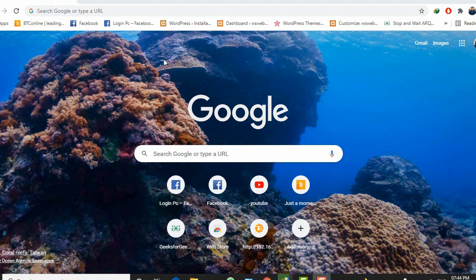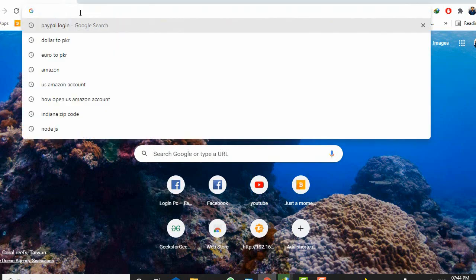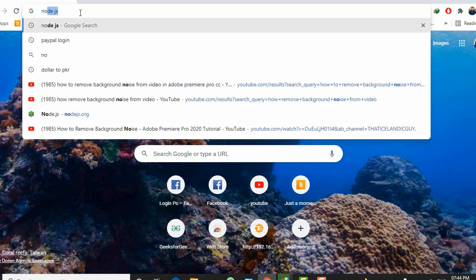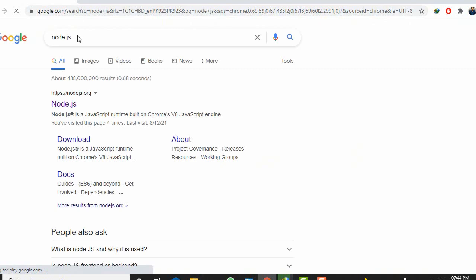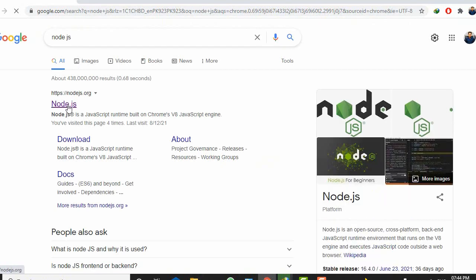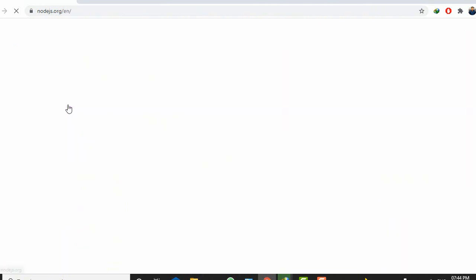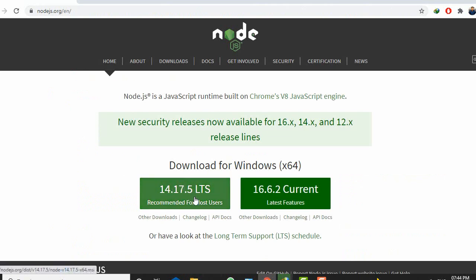Now I am going to show how to download and install Node.js on our Windows PC. Just go to the browser and type Node.js, click on the first link, and here we install